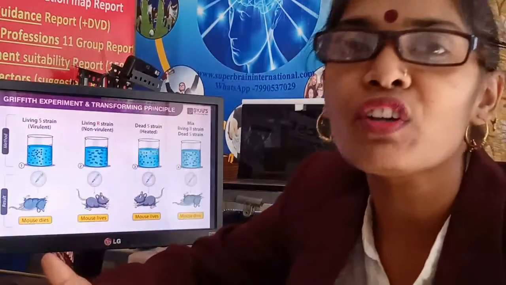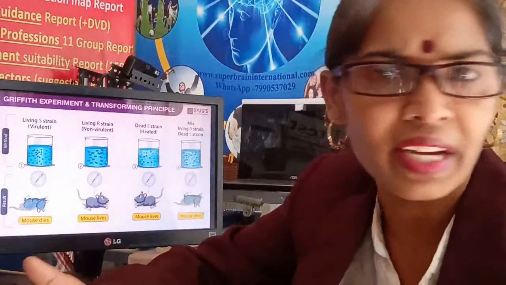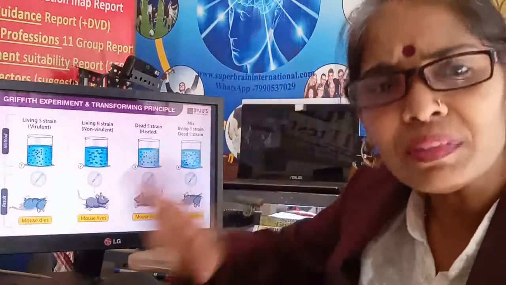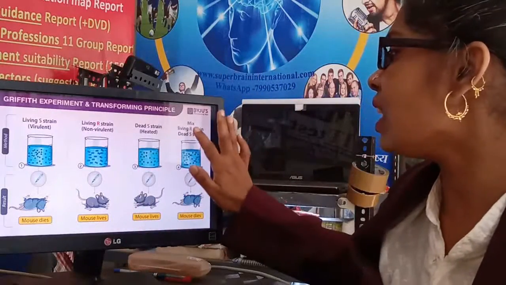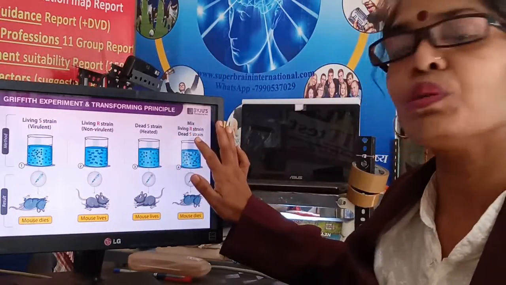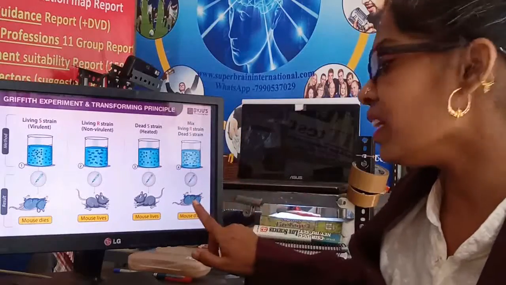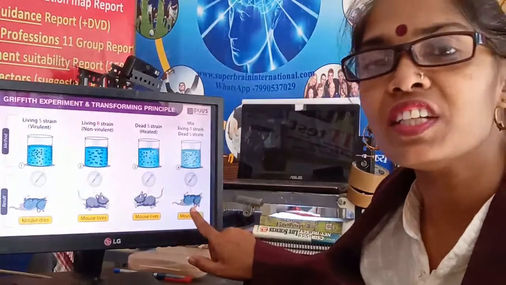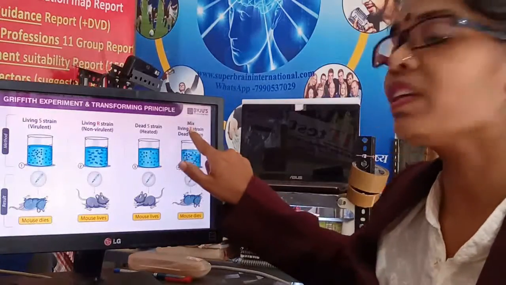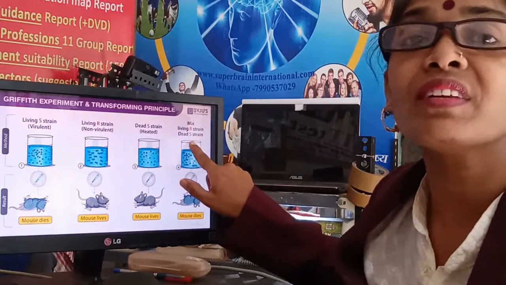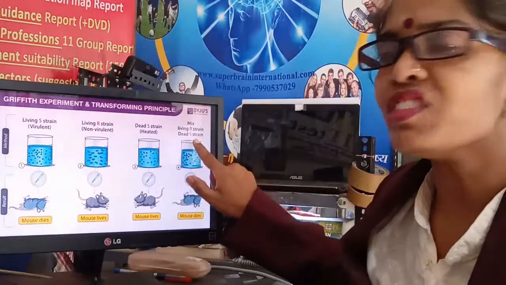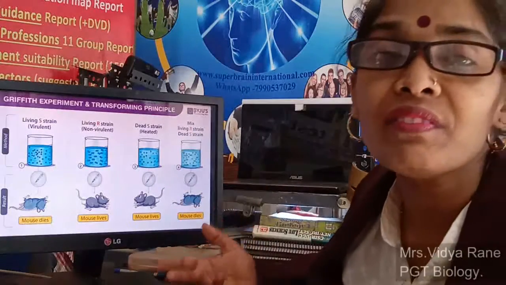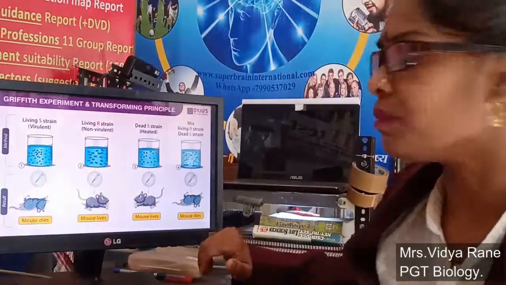He was unaware of that. The molecular structure of that was not known, right? But he knew that something is there which is converting this R strain into an S strain, because when he examined his blood, he found not the living R strain but the living S strain. If he injected dead S strain in the mouse, from where has that living S strain come in its body?